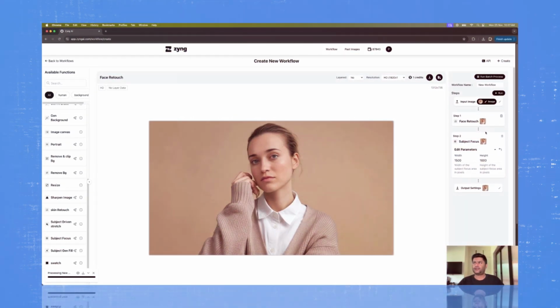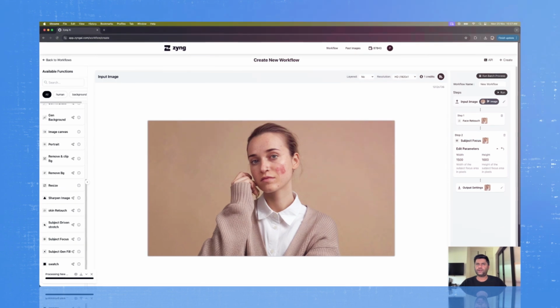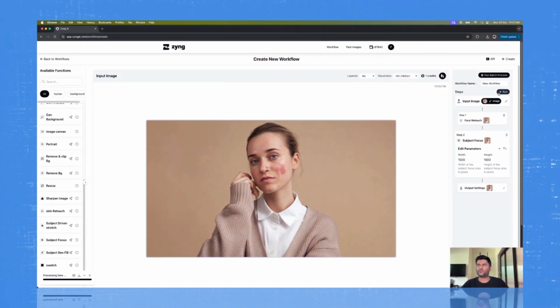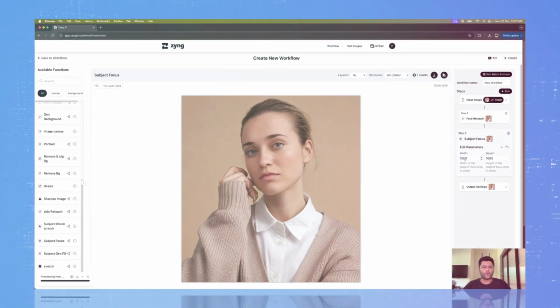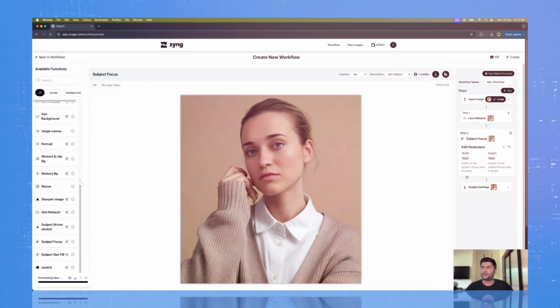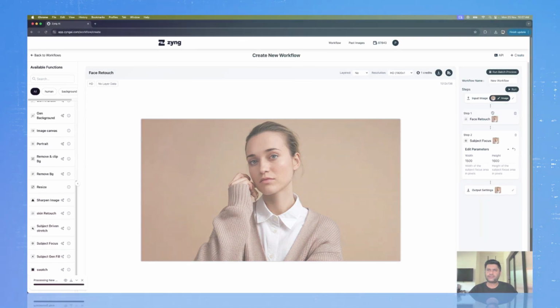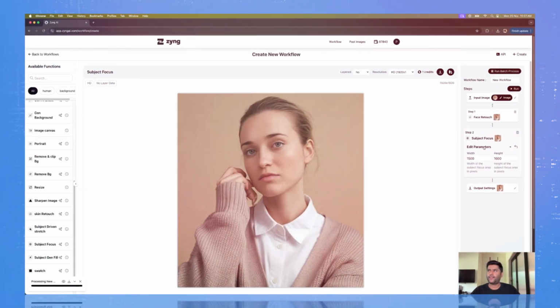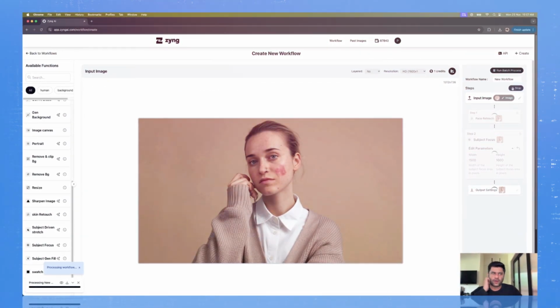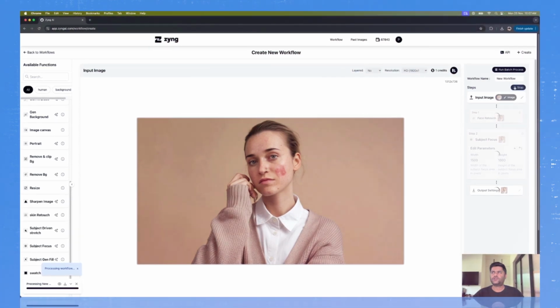So let's say I've selected face retouch. This is the original image, and I'm also going to use subject focus to be able to focus on the subject, as you've seen here. So in this workflow, I've been able to remove the face marks and focus on the subject as well. So just for the benefit of all, I'm going to run this workflow again so you see how the